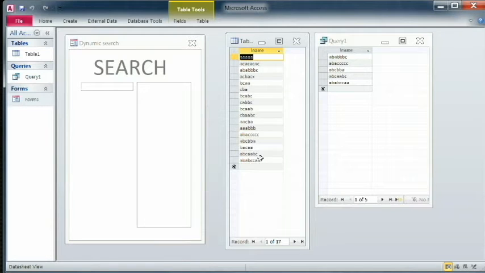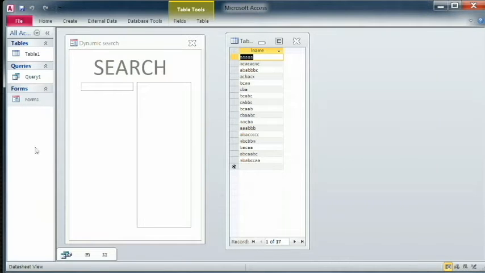So if you look at the underlying table, you can see just a list of terms, and I'm going to enter into the search box some of these terms which will be found. So let's start with a B, and you can see we're shortlisted from this list to all the terms beginning with B. If we continue to type in, you can see the list gets shorter, and if we backspace we can type